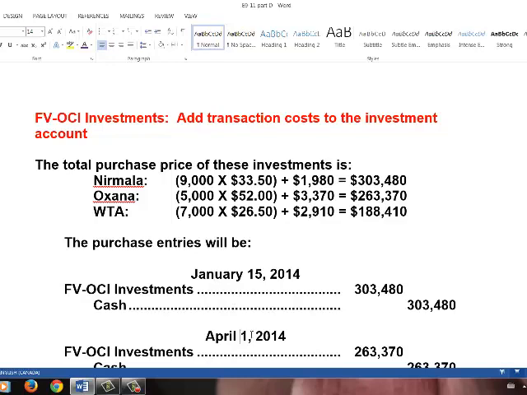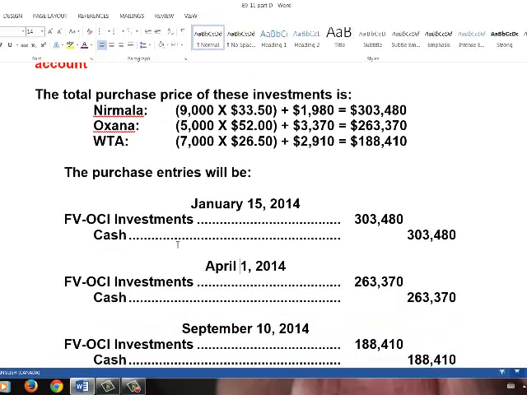at the different dates itemized in the question, we're going to debit the fair value through OCI investments, which again, as we said before, are long-term investments, and we're going to debit them for $303,480 and credit cash for the same amount. For the investments in Oksana that we bought April the 1st, we will again debit that control account, fair value through OCI investments, for $263,370, which again includes the capitalized cost, meaning the transaction or brokerage fees, and credit cash